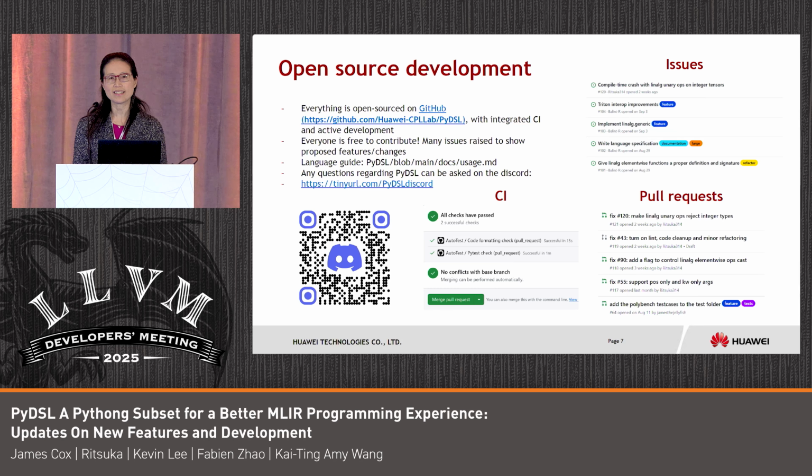Last but not least, the whole PyDSL project has transitioned to an open source development model. We have built integrated robust CI for active development. So when you submit a PR, you can actually run the CI to see that it's green. All the issues are tracked in open source and the pull request. And we also have a Discord group with a QR code there to welcome everyone who wishes to join